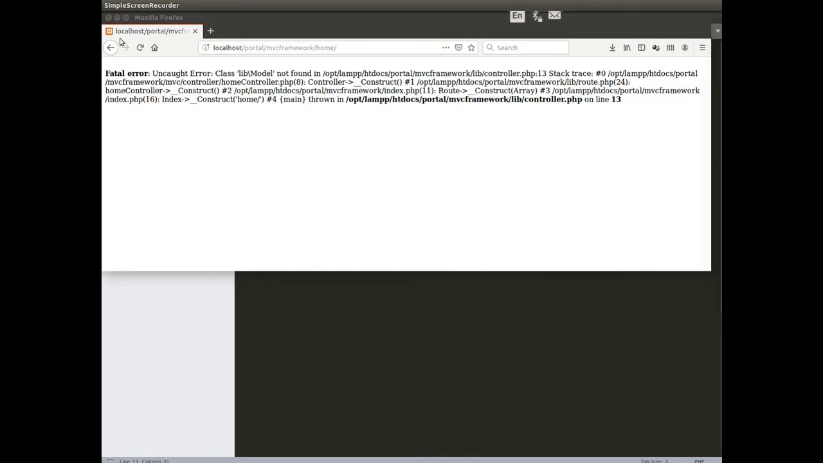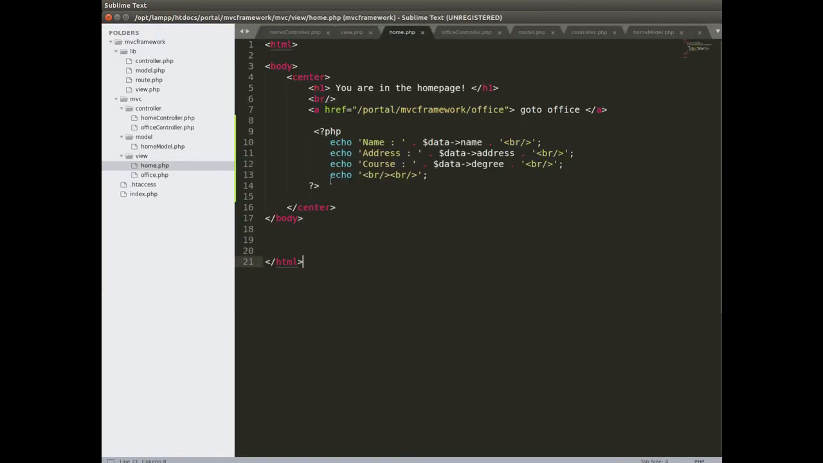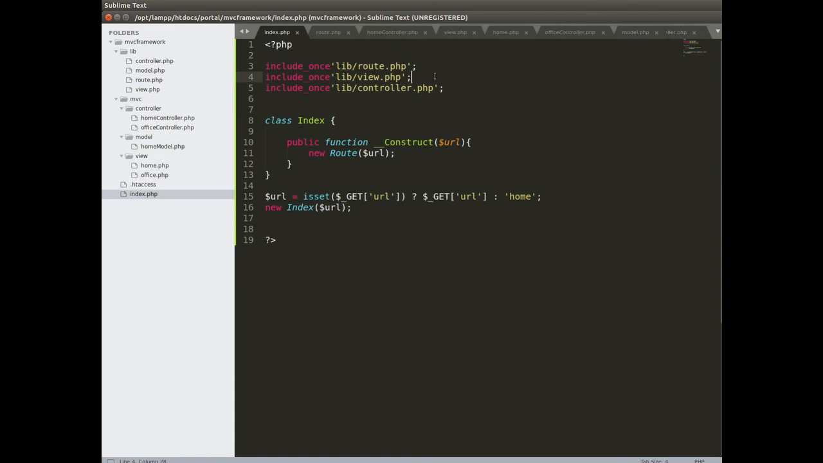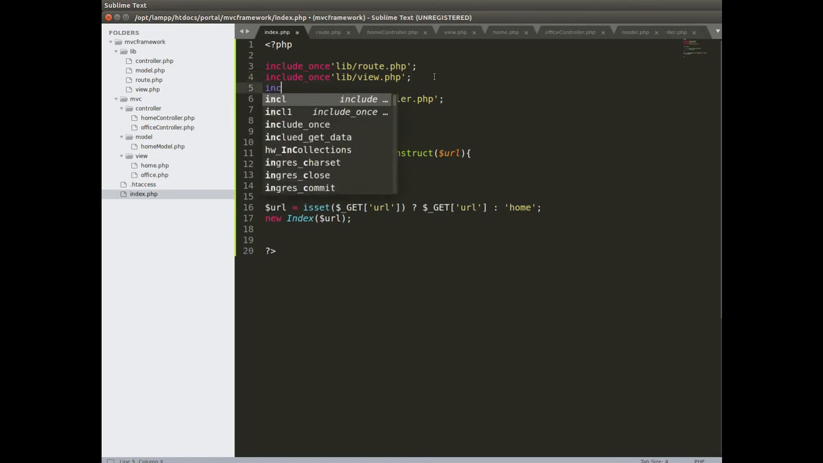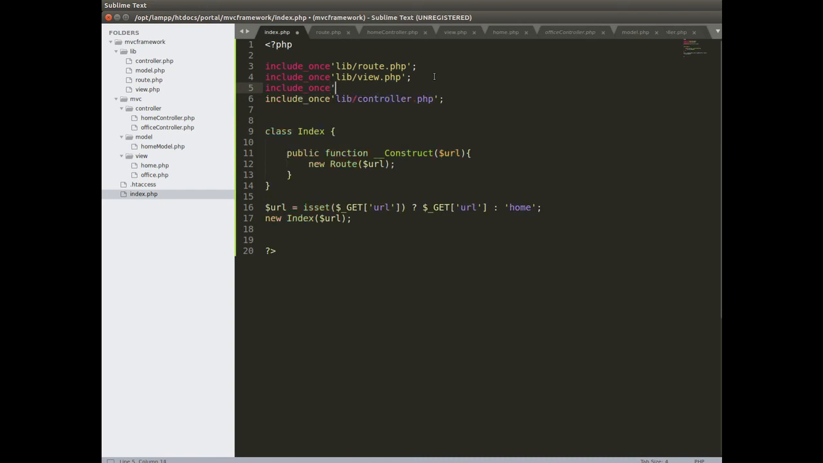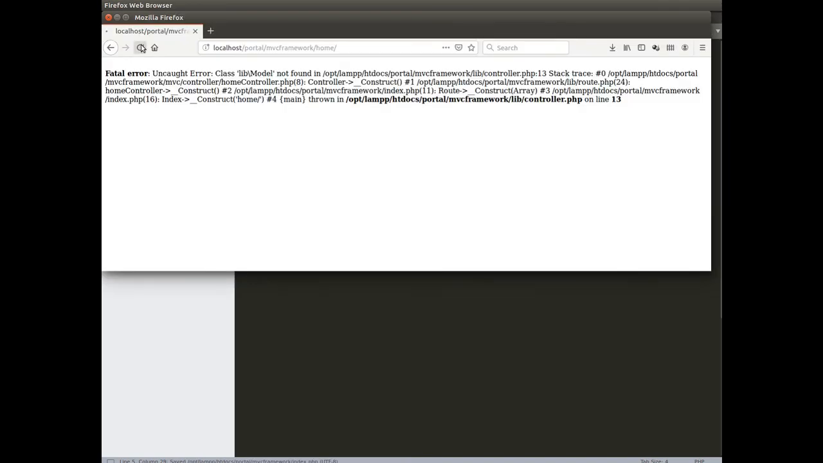Oh, sorry, so class live model not found. I think we missed something here. We see include once live model.php. Okay, so yeah,